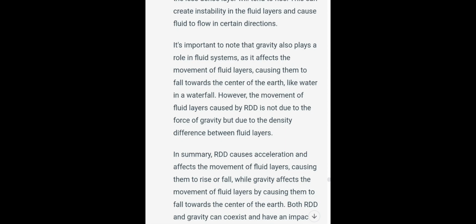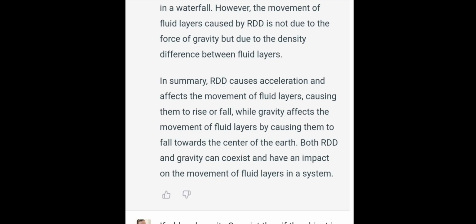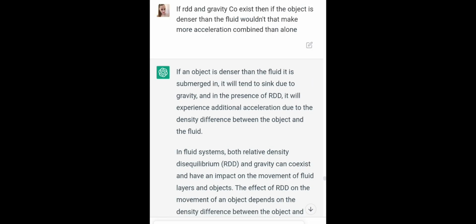In summary, RDD causes an acceleration and affects the movement of fluid layers, causing them to rise or fall, while gravity affects the movement of fluid layers by causing them to fall towards the centre of the Earth. Both RDD and gravity can coexist and have an impact on the movement of fluid layers in a system. If RDD and gravity coexist, then if the object is denser than the fluid, wouldn't that make more acceleration combined